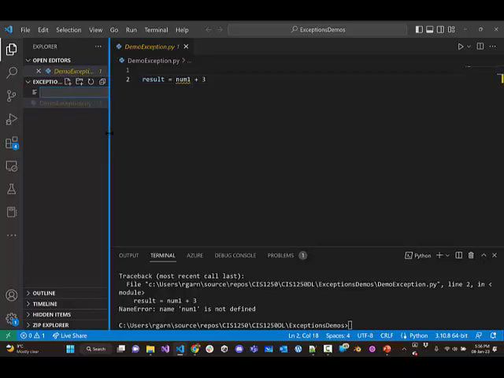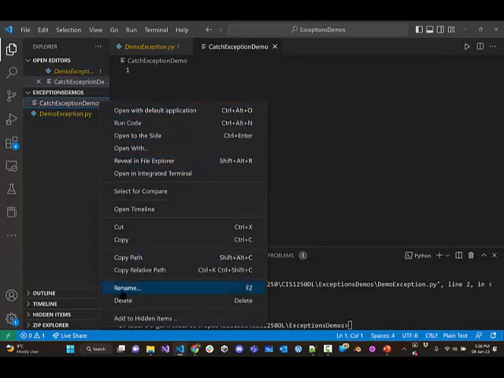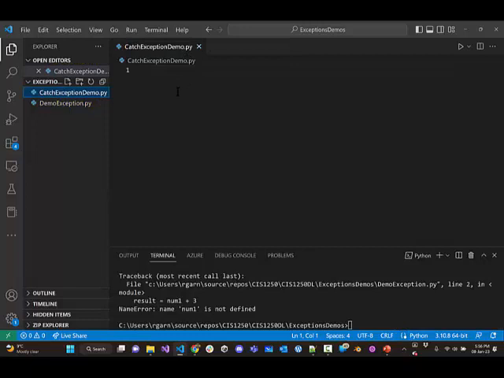So I'm going to make a new program. I'm going to call it Catch Exception Demo. Oh, let me make it a Python program by adding .py. And so we're going to make a program first that could cause an exception. And the way we're going to do that is we're going to,